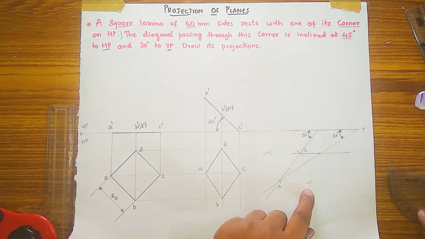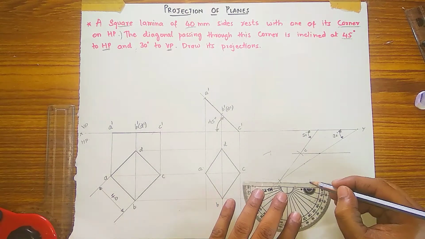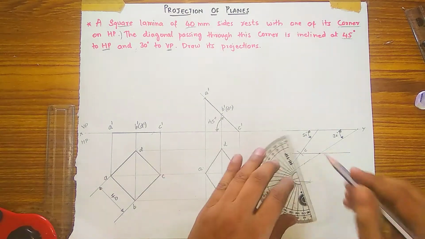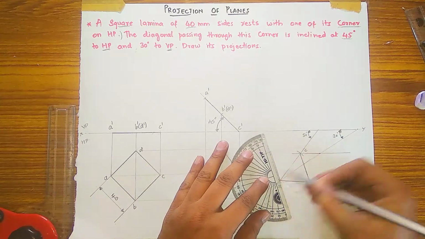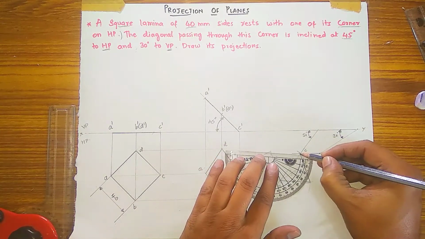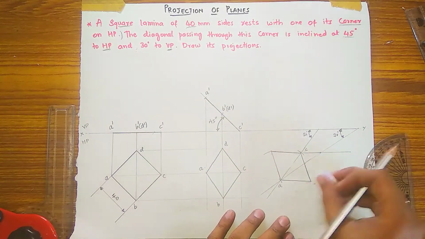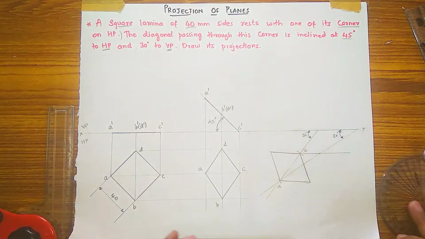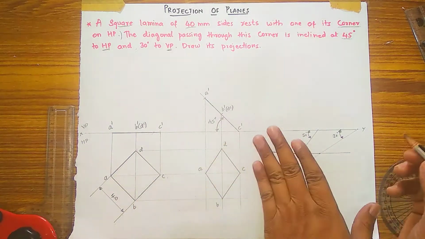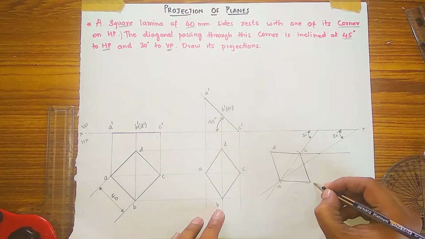Where these two arcs are meeting, you have to draw the lines to A and C, and on the upward arcs also, this one and this one. You can rub out this arc after drawing your plane. Then this figure is copied like this. This point is D and this is B.